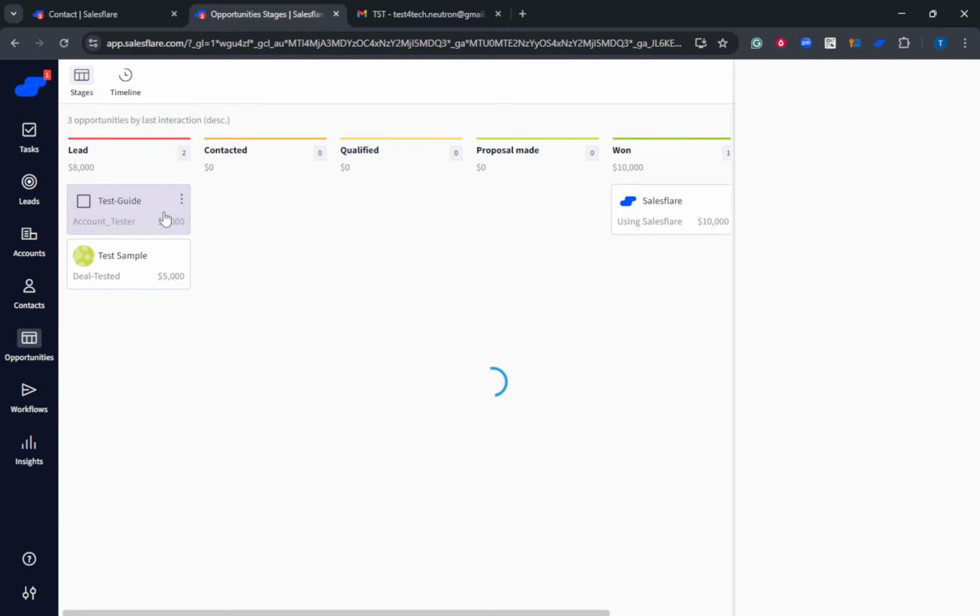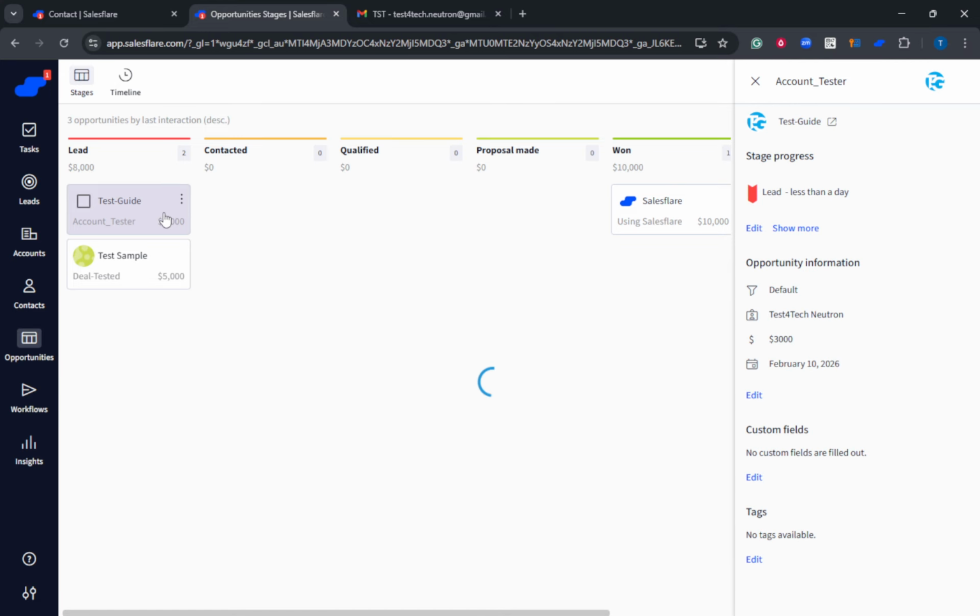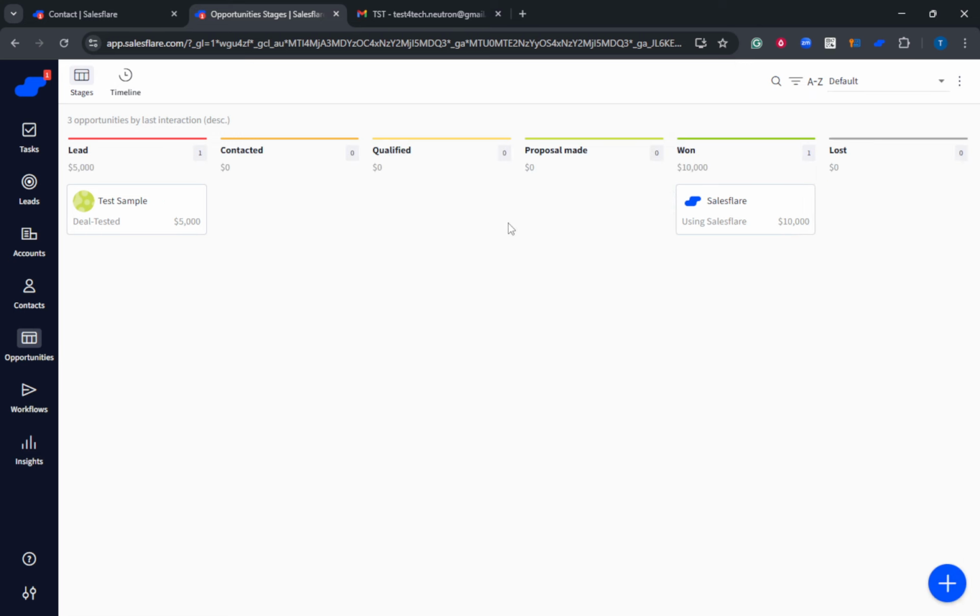Release to drop it in place. The stage updates instantly, and you'll see the card move to its new column. If you drop it in the wrong place, no worries. Just drag it again to the correct stage. This method is great for quick daily maintenance, reviewing progress during team check-ins, or moving deals forward right after a